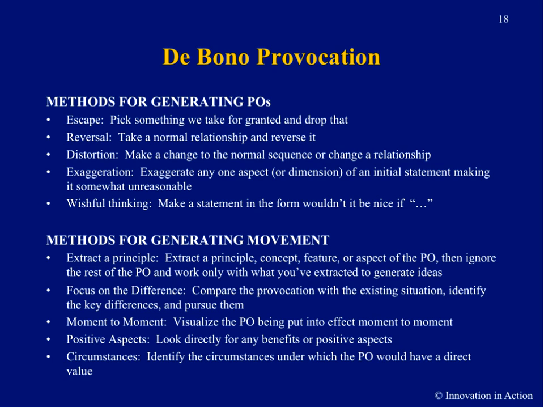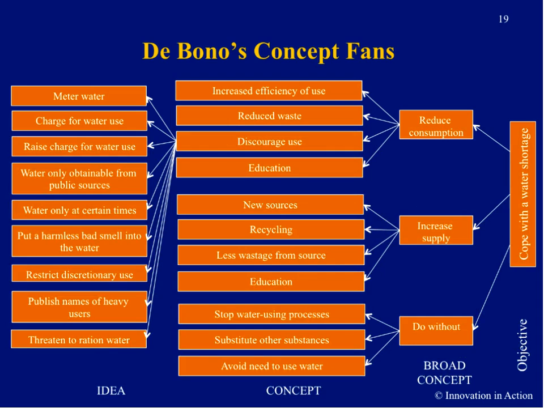So we actually like to make a table that lists all 5 ways of generating movement, plus another way, a 6th way where you just come up with a crazy idea, and then look at all 5 ways of generating movement. So we end up with a 30-cell table and encourage people to come up with at least one idea for every cell of that table. And it's hard work. It gets you thinking really out of the box, so to speak. But when you're done, you end up with a lot of ideas that you never would have had by sitting around, buying donuts, and having a brainstorming session.